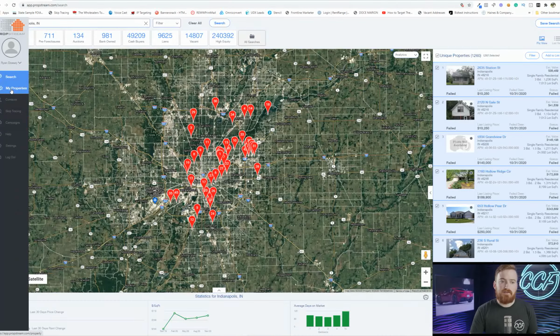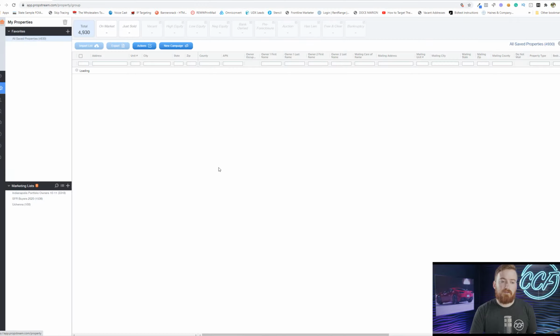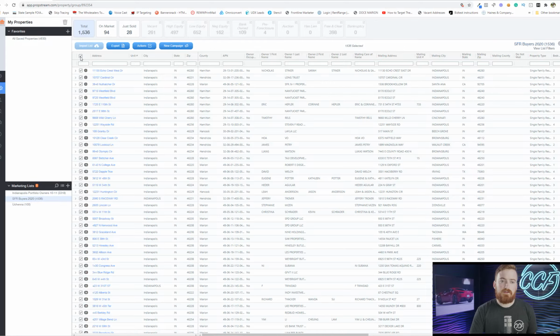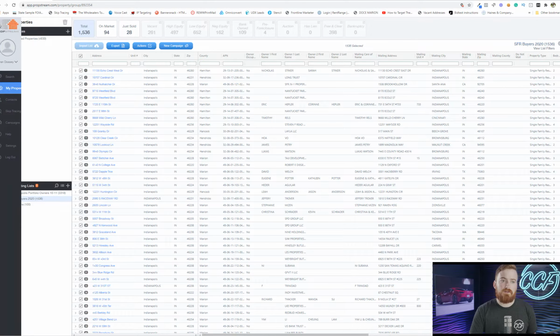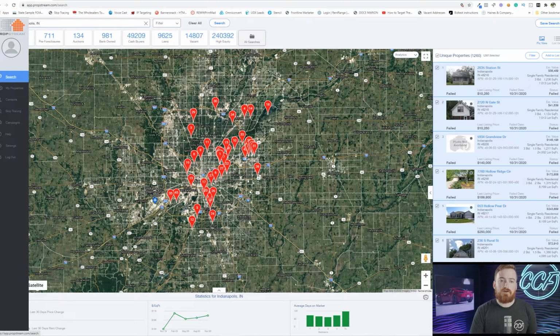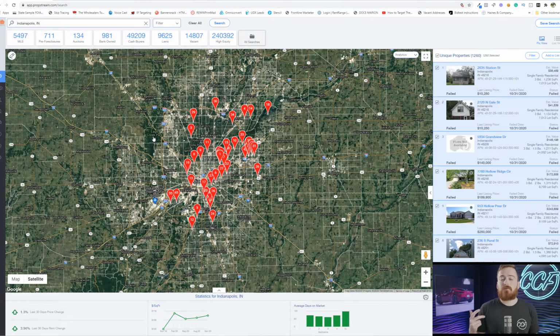Once that's saved, over here on the side, we'd go to My Properties, pick the particular list we're looking for, check all, and then export to pull it. So that is how you use PropStream to pull a list of properties that were on the MLS and failed